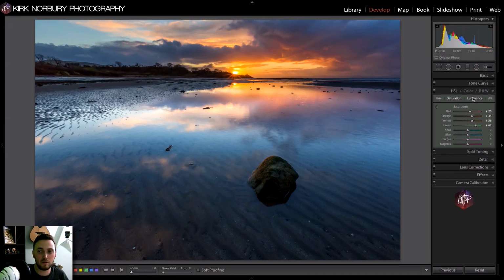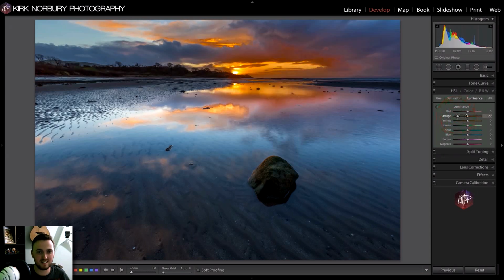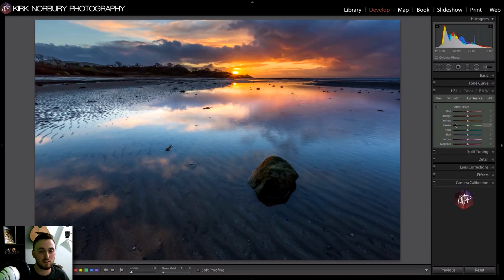And then to finish it off, you go into the luminance one, and this is great for brightening and darkening certain colours. Now you'll see the orange being one of the huge colours in this image. If I just bring it down dark, you can see the effect it's having on it. Great for pulling down highlights in certain areas, like in a sunset the highlights will be a yellow, so you can just bring it down a little bit just there. So I'm just going to bring that down just a tiny bit,